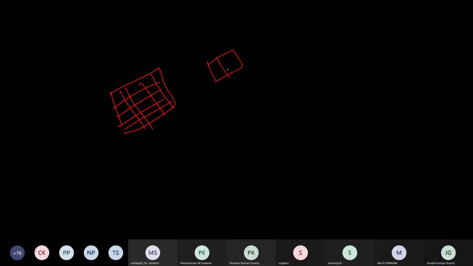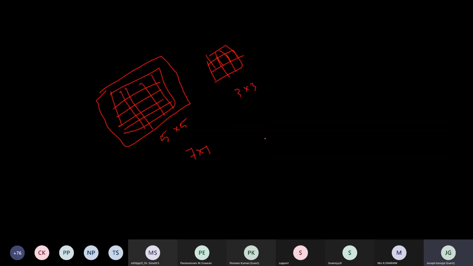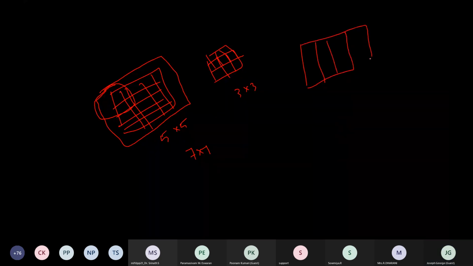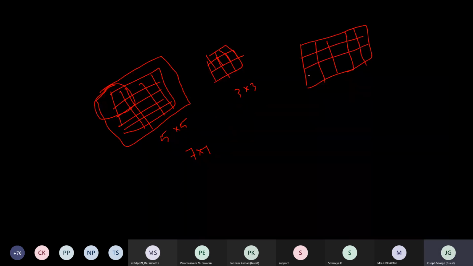We are adding layers of zeros. So here 0 will be added. Now the image size will be converted to 7 cross 7. When we apply a convolution operation with these 3 cross 3 filters, the first patch will be here. Finally, after the convolution operation, the size of the output convolved map or activation map will be 5 cross 5.